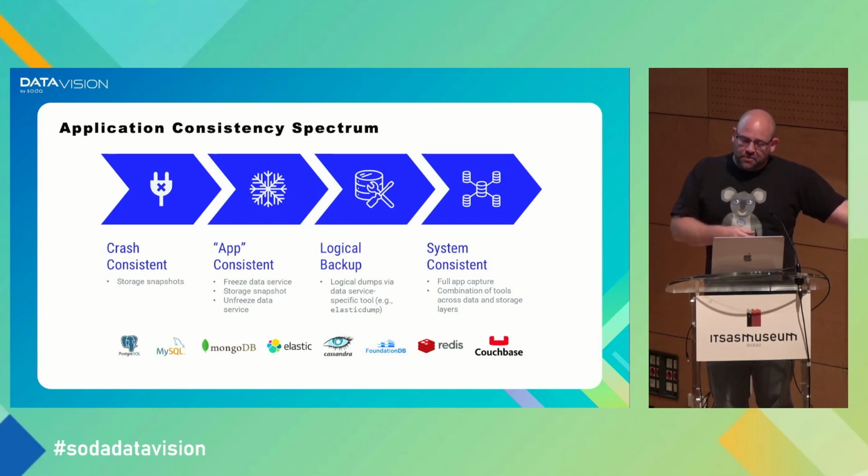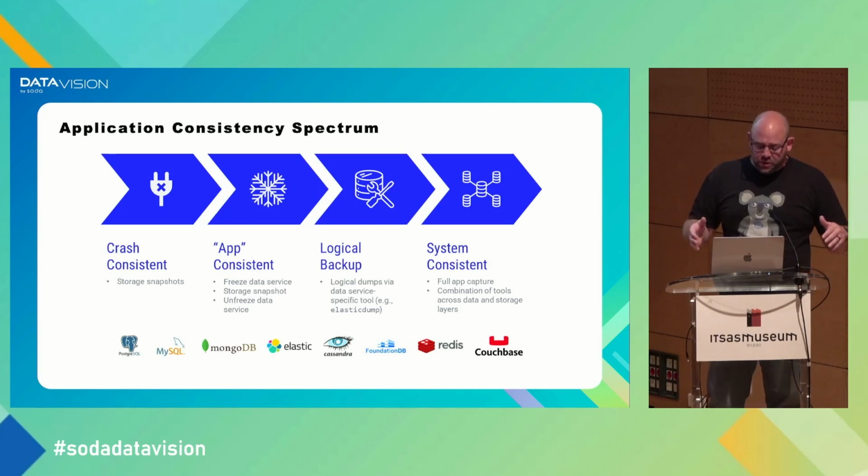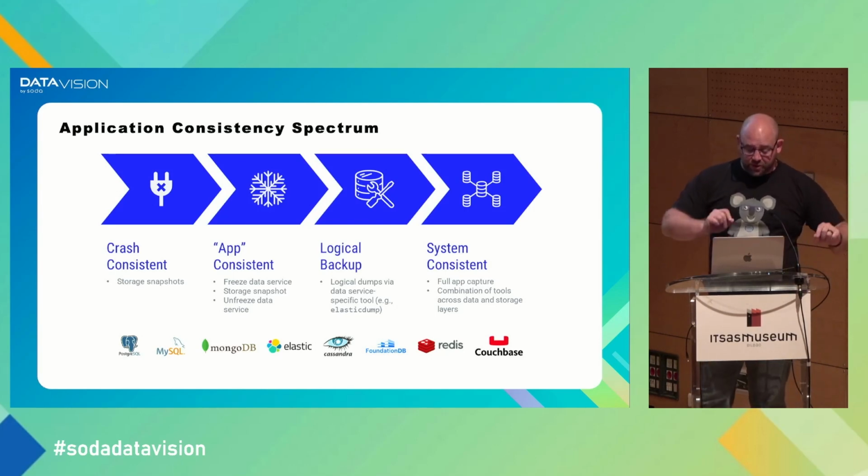Now, when we get into the microservice world, there's a lot of different moving parts there. There'll be different artifacts within our Kubernetes cluster. But for consistency-wise, we have to think about capturing all. Now, from a Kanister point of view in particular, I'm going to focus on the two middle ones. The application consistent, where we can drive and orchestrate those native tool sets. But remember, again, we're in that microservice world, so